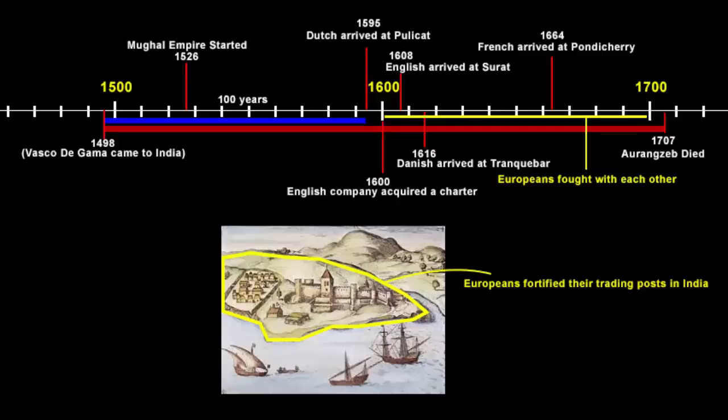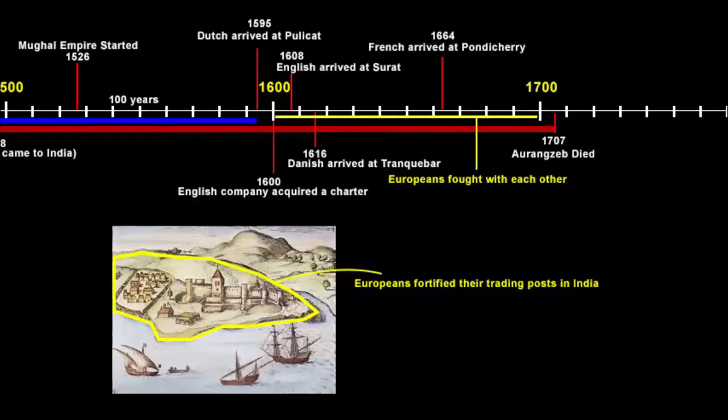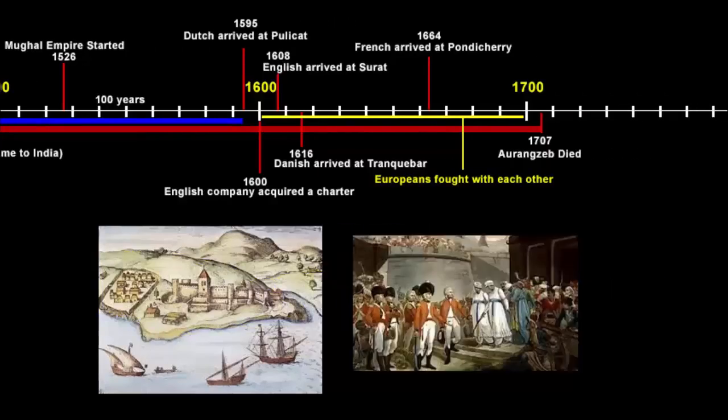When you fortify your trading post and try to maximize your profits in a foreign location, who else is going to have a problem? Let me ask this question in a different manner so that you understand better. If there are two or three guests who came to your home and they are fighting with each other constantly, they are building walls of separation on your property, who is going to get pissed? It's going to be you. Similarly, the local rulers were getting angry. This led to intense conflict with local rulers.